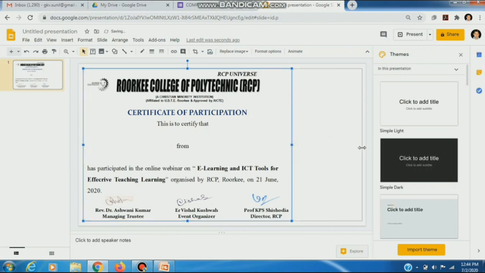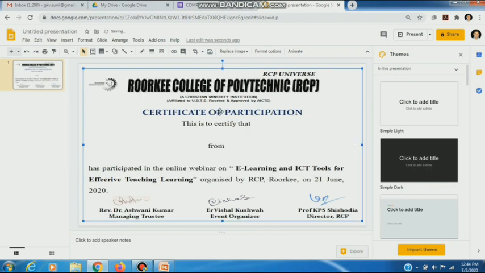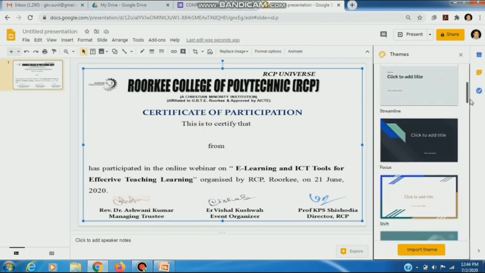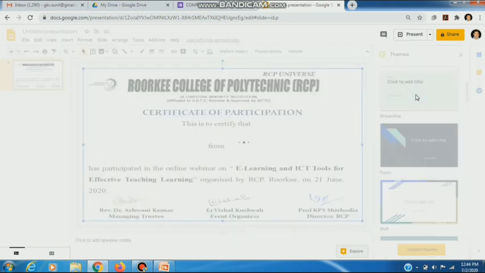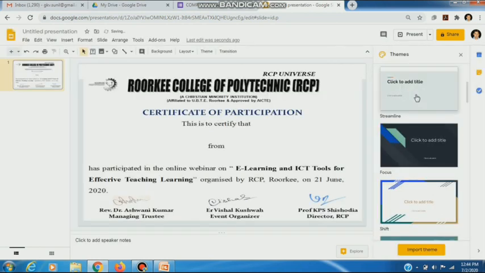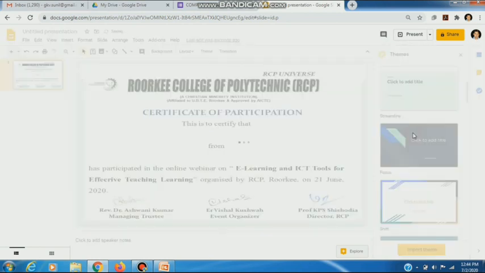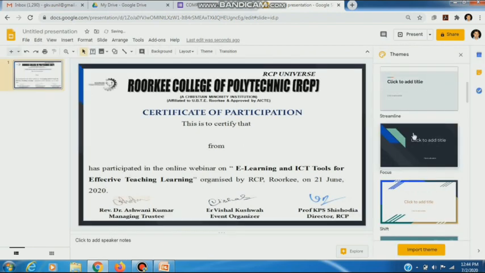We can set all of its settings. We can choose any layout for the certificate. Suppose I choose this. Now this is a sample certificate.